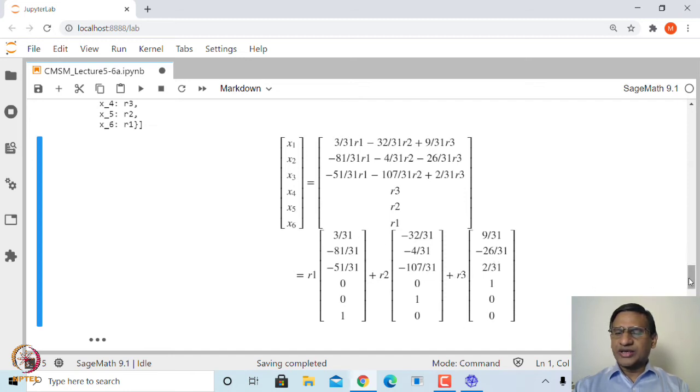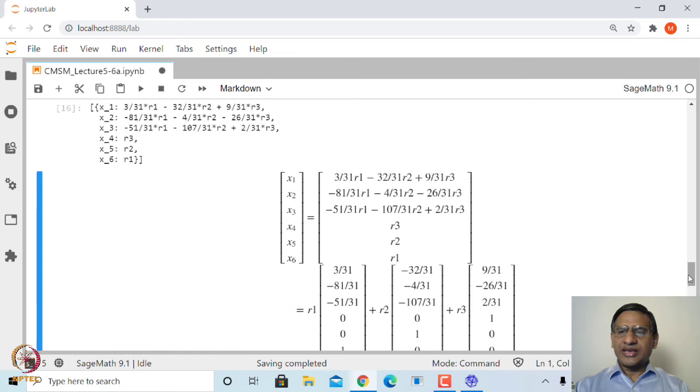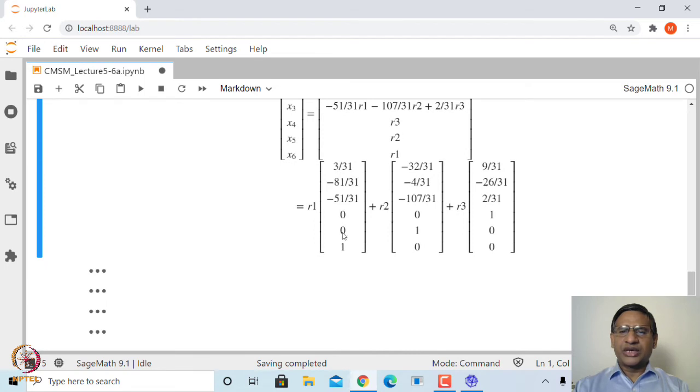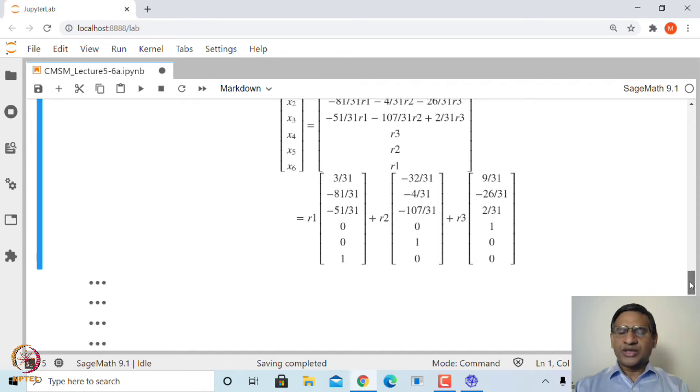So, basically any vector in this null space of A is nothing but a linear combination of these 3 vectors. This shows that this null space is a 3-dimensional subspace of Q^6, and it is spanned by these 3 non-zero vectors. And these 3 vectors will form a basis.